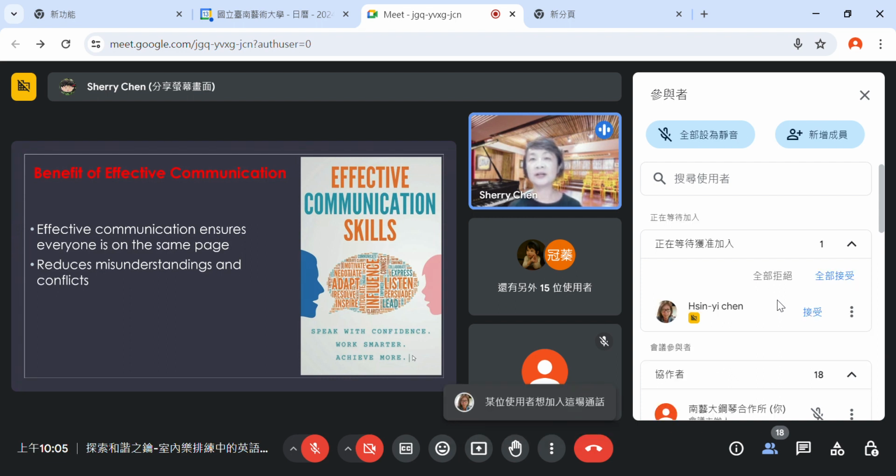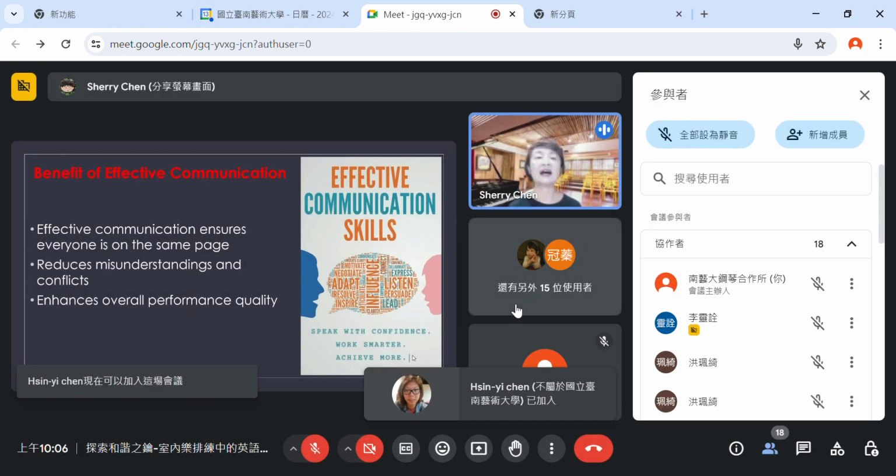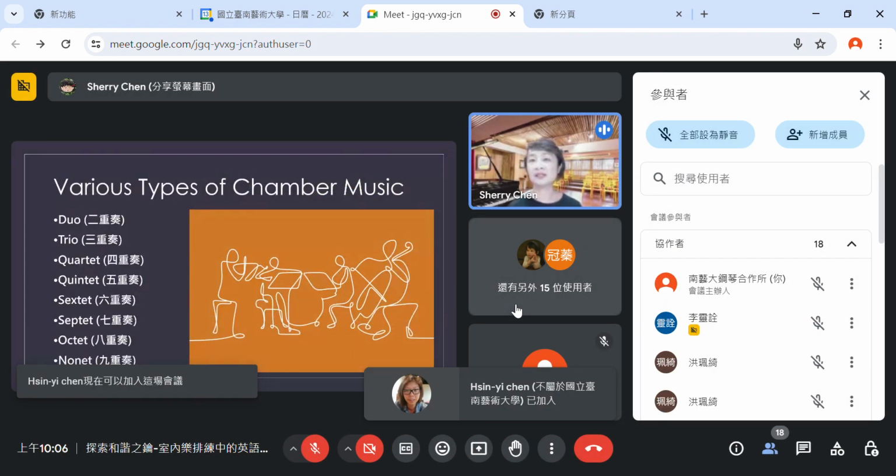Also, chamber music playing is all about collaboration. 它是一个合作，所以 there's no boss，没有一个人是老板，每一个人都是非常重要。所以为什么在 chamber music rehearsal 的时候，其实每一个人的 input 都是非常非常的重要。And then also enhances overall performance quality，可以让你们的 rehearsal 更有效率的去进行，然后也可以事半功倍的意思。